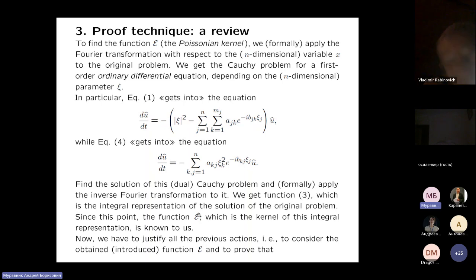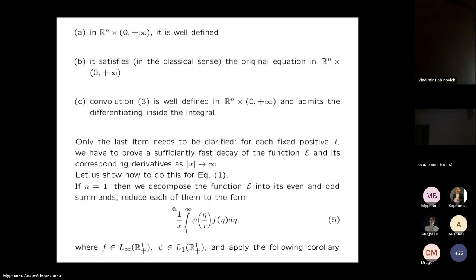And now we have to justify all the previous actions. That is, we have to prove that our function u, the convolution of E calligraphic with the initial value function of the problem,